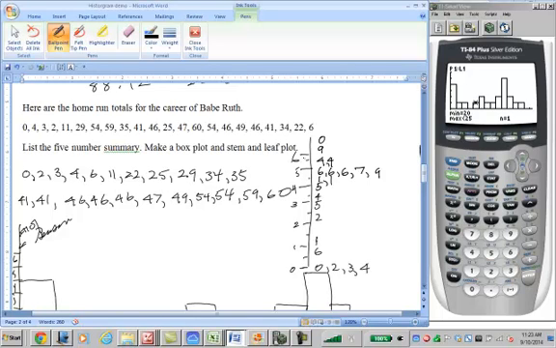So I got this too, I should have spread that out more. Anyway, this stem and leaf plot looks exactly like this histogram, except I did a lousy job. This 6 will be okay. Okay. Anyway,